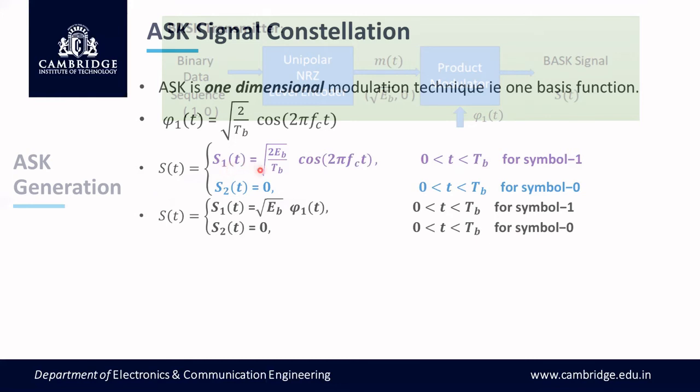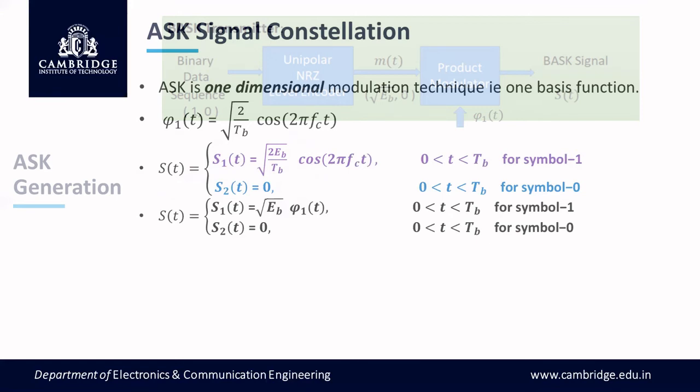So for symbol 1, the amplitude level is root TB, for symbol 0 it is 0. Right. And this is accomplished if you introduce this notation using the unipolar NRZ representation into your S of t, and then automatically we end up with this output equation of this encoder, which hereafter is M of t.